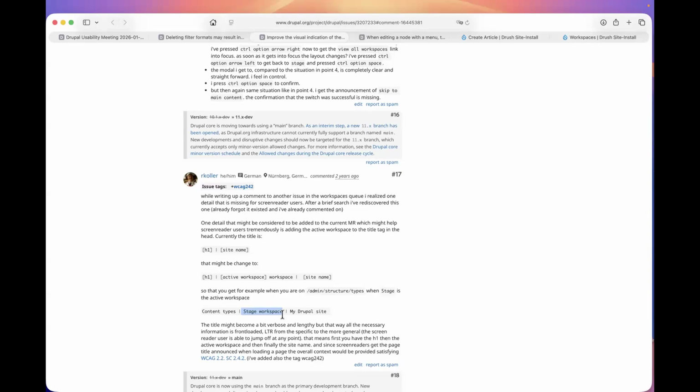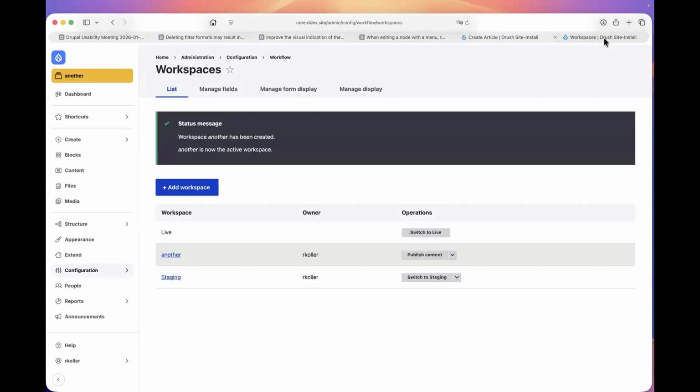Or likewise, if you're not aware that you're in the live workspace, then you might be pushing temporary edits live without realizing it. You go YOLO, and then you realize, oh, I've just deleted 17 groups and now no users can access the website. Exactly. So that's why